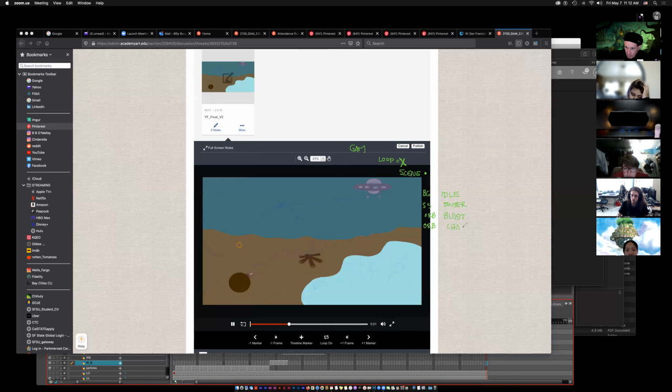If it's going to take a blast from the spaceship, it's going to need to change its size, its shape, its color,